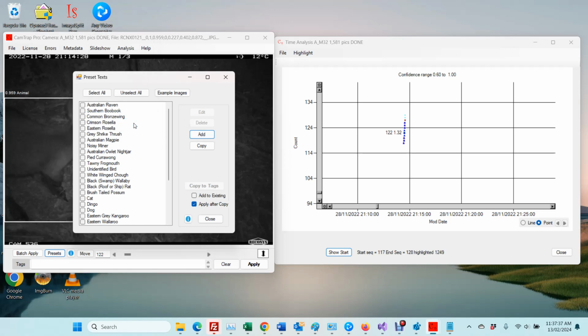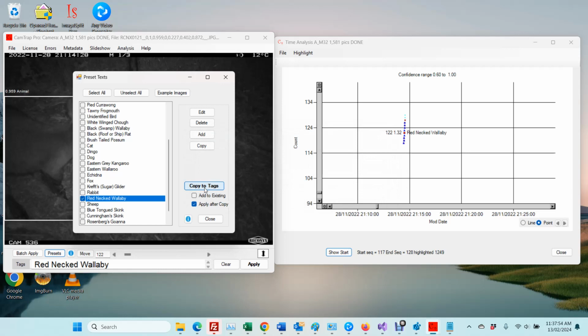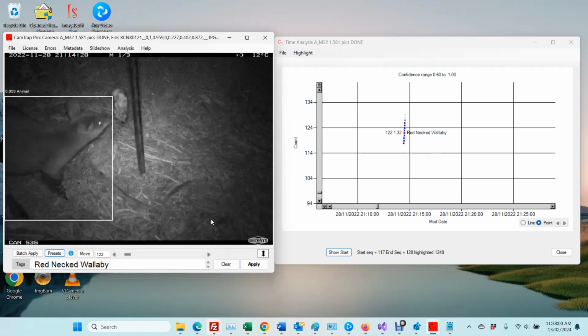So what kind of a wallaby is it? It's a red-necked wallaby. So we'll now check that, click copy to tags, and now the file which we've labelled with a tag is shown on the time versus depth. So we'll close there,